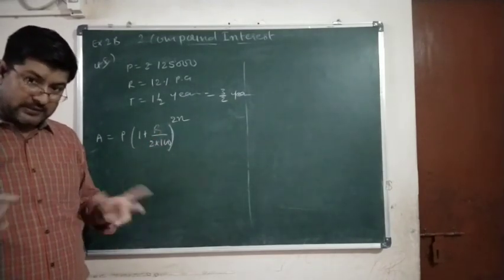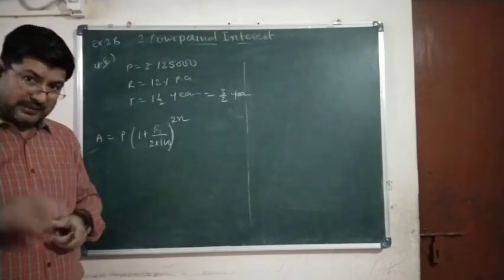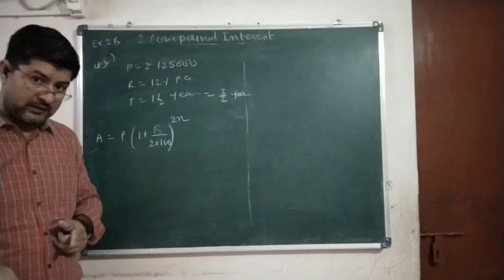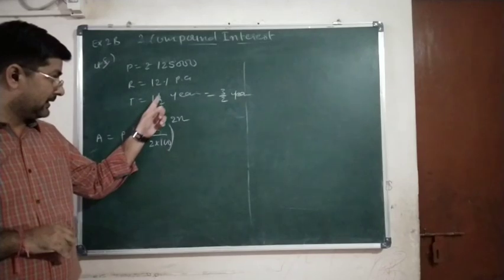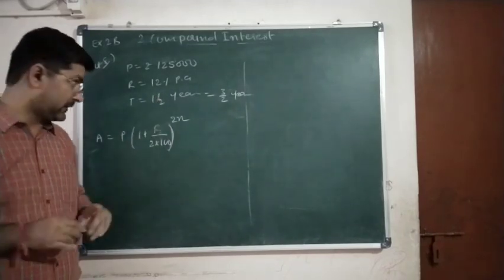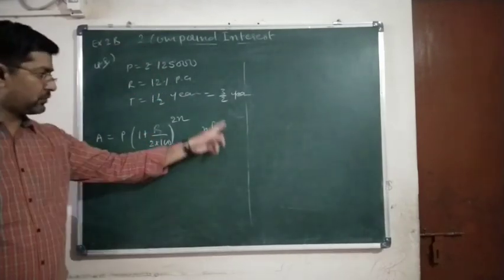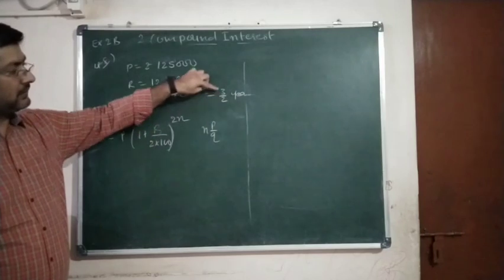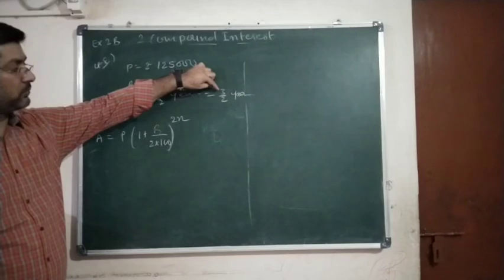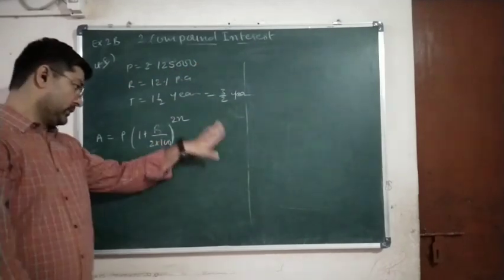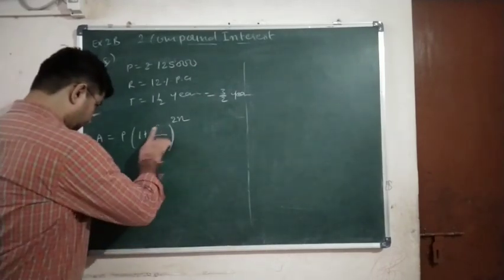Don't confuse it with that other formula having two brackets. That formula is to be used when the interest is compounded annually. Yes or no? In that case, n and p upon q, that format. So for half yearly we are not going to use this format, but directly we will convert like this into improper fraction and put the direct value. For n we will put 3 by 2 over here. Clear? So now let us put the values.